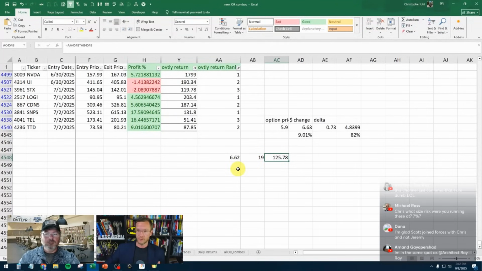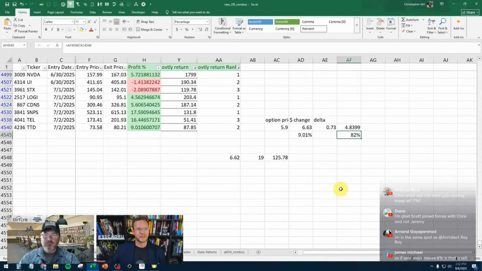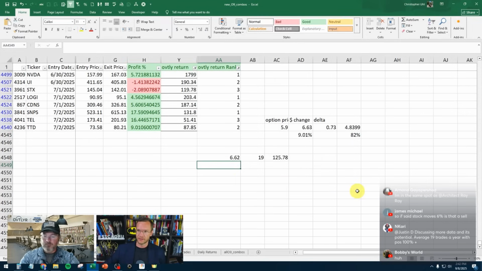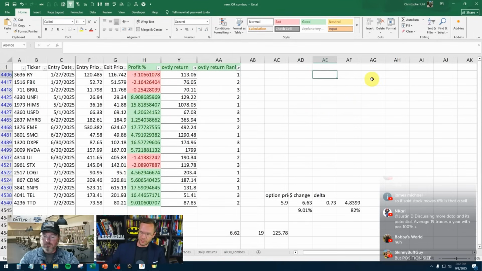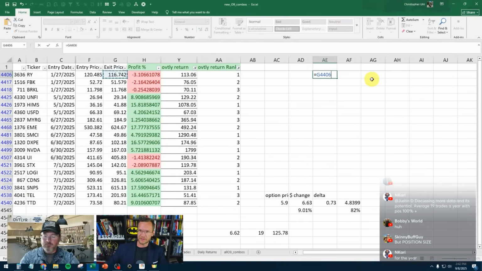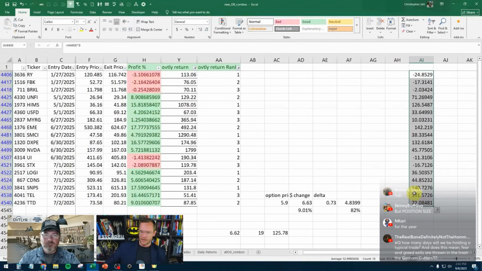Hold on, but it gets even better. Imagine rather than 6.62, you get somewhere in the neighborhood of like 8 times greater on your options. In fact, let's just take all of these and multiply them times 8. Let me move this over here. There we go. This approximately could be what options are like, right?